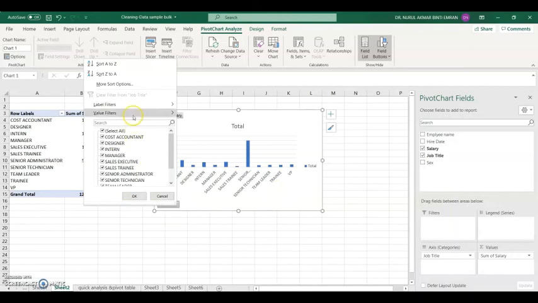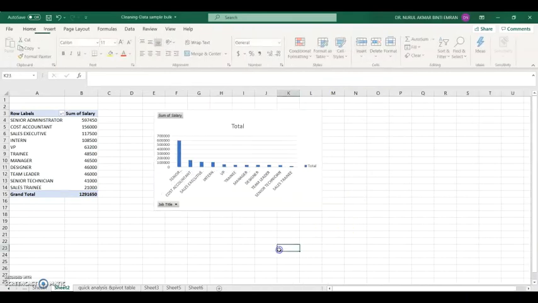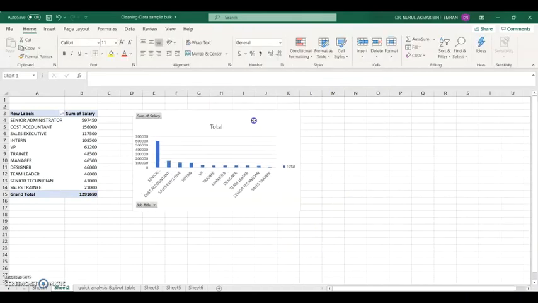I might also want to sort this information, the salary, by checking the sort option. Maybe I want to sort by the salary, ascending or maybe descending, and it will automatically organize your data